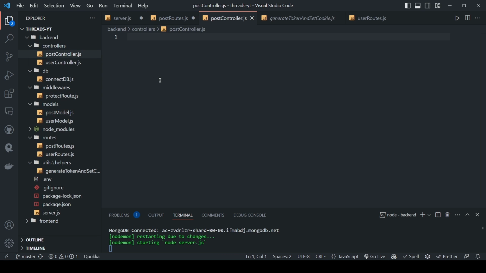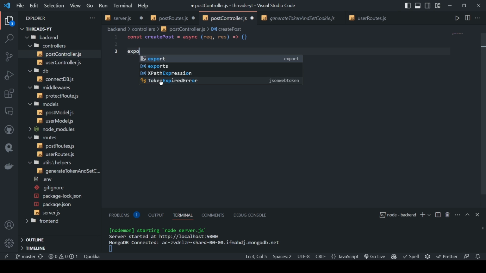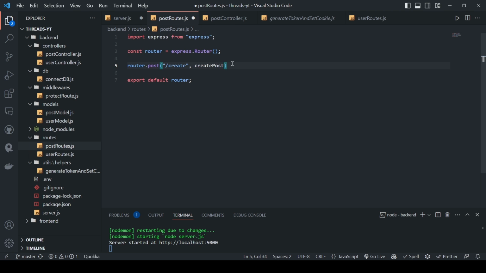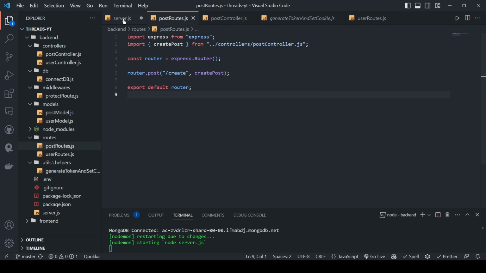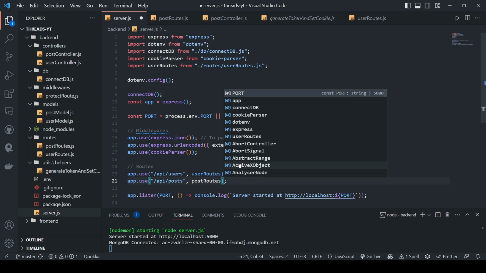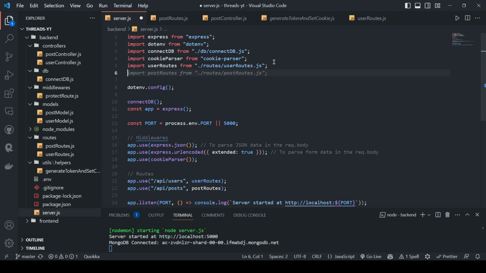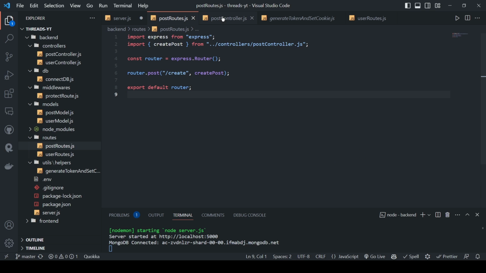controller.js. And then here I'll just say const create post. It's going to be async function, and then we'll just export this. It's going to be inside an object. I'll save it and then import this .js and then import this router as well. So it's gonna be import post-routes from routes and post-routes.js, and then I think we can now just write the